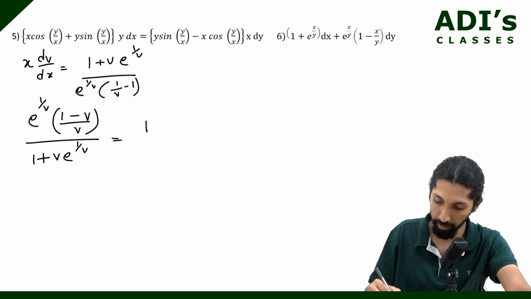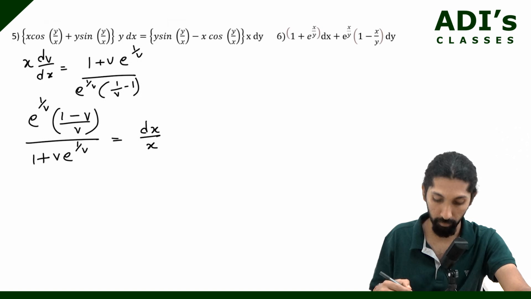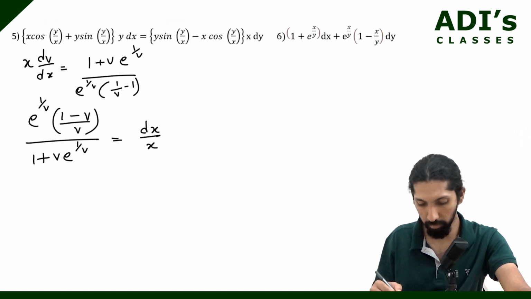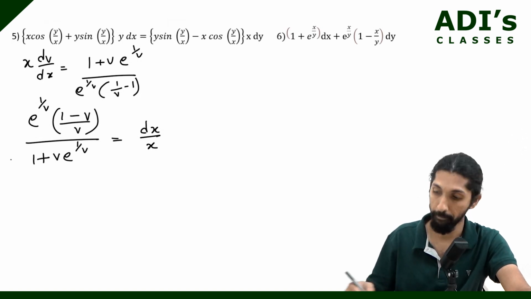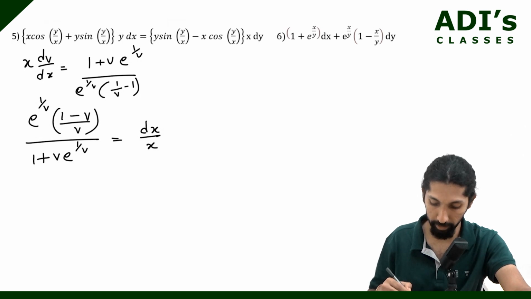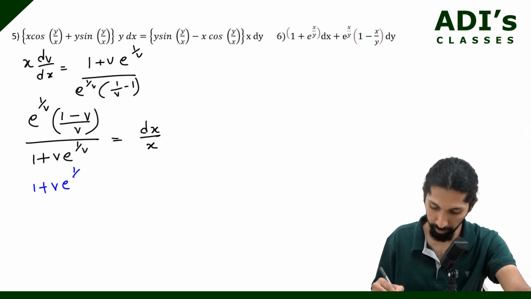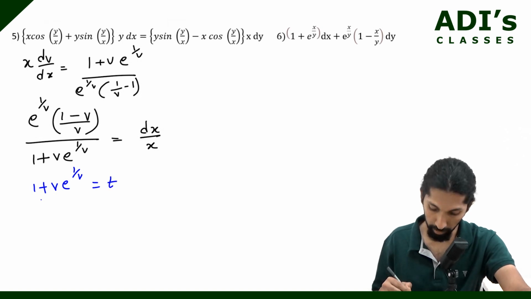Okay? Now, we can multiply this and do it, or the denominator, we can take it as t. See, if you take the denominator as t, this is equal to t. Then you will have e power 1 by v, this one,